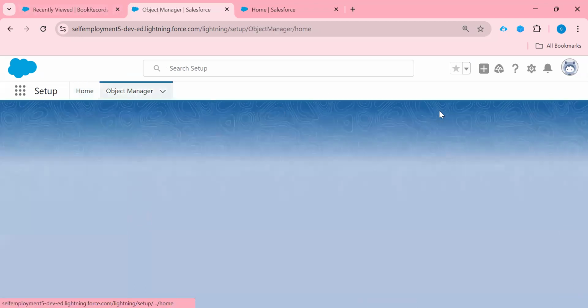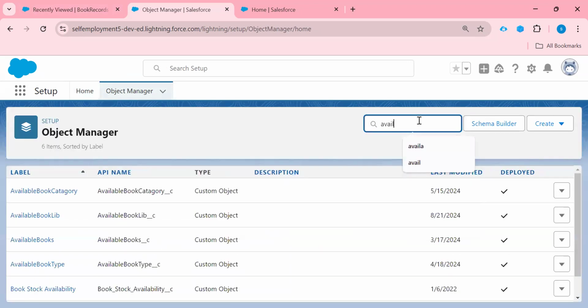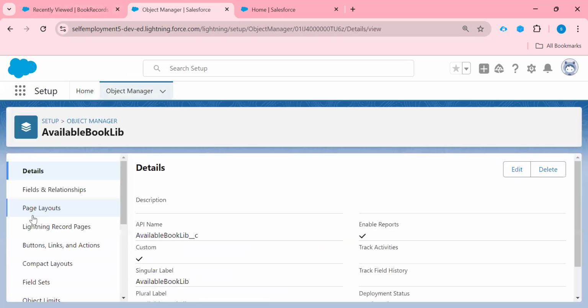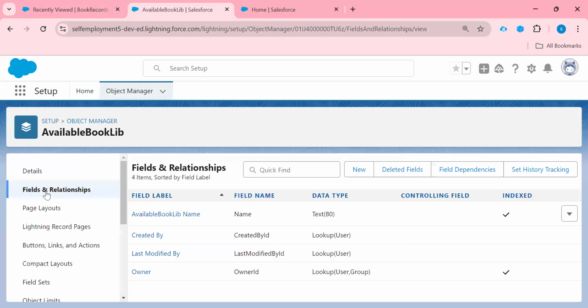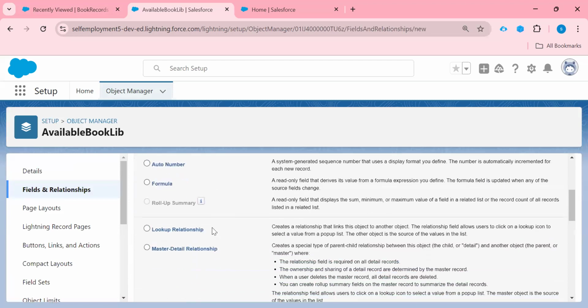Open our object, come to fields and relationships, and click on new. Here you can see there is a lookup relationship available in the data type. Just click here.